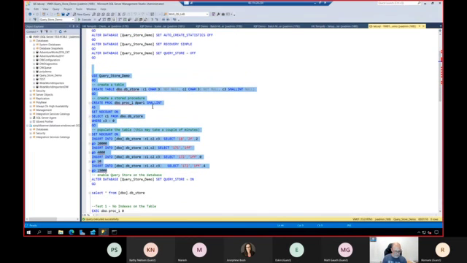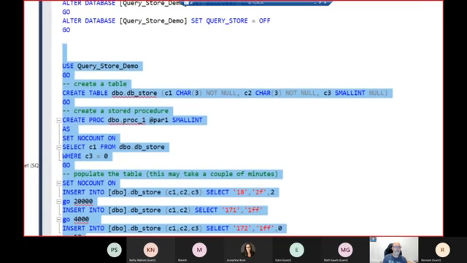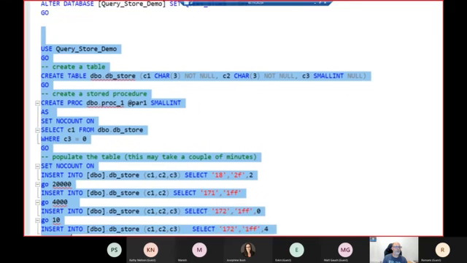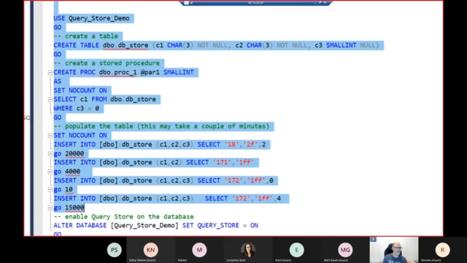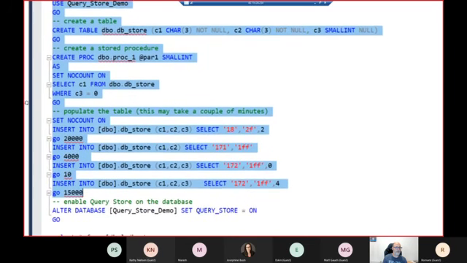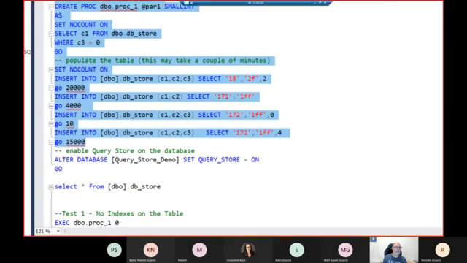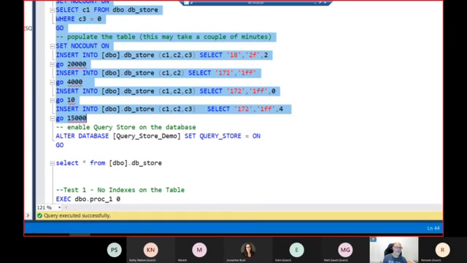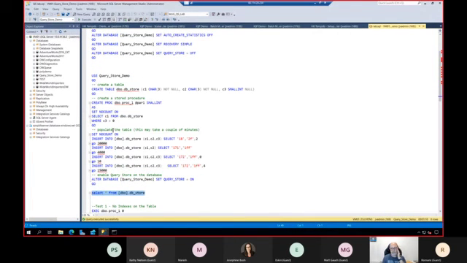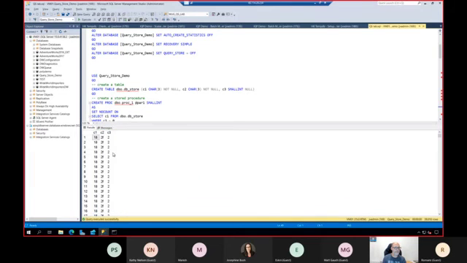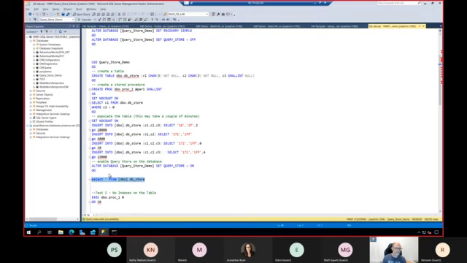Then basically I create a table with 3 columns, and then I create a stored procedure which is doing a select based on the input parameter. And then on this table with 3 columns, I just populate it with a bunch of random data. I did this before just to gain some time and not waste it here with the setup. So here I have a table with just random data.